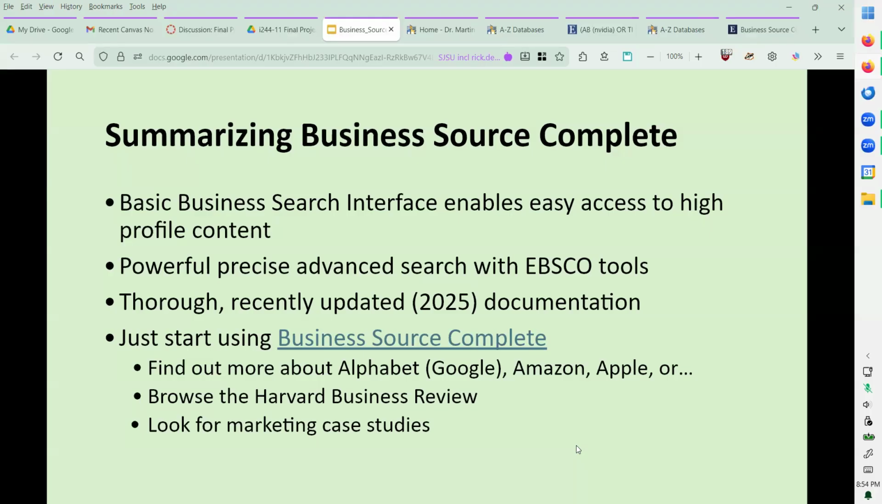And I urge you to just start using Business Source Complete. Find out more about a company you're interested in. Browse the Harvard Business Review or some other publication. Look for marketing case studies. Modify this to